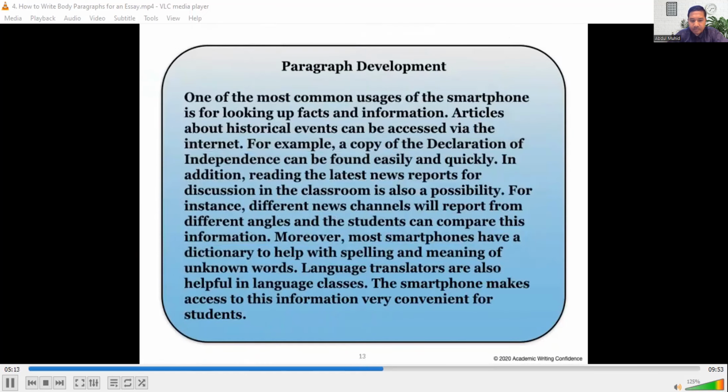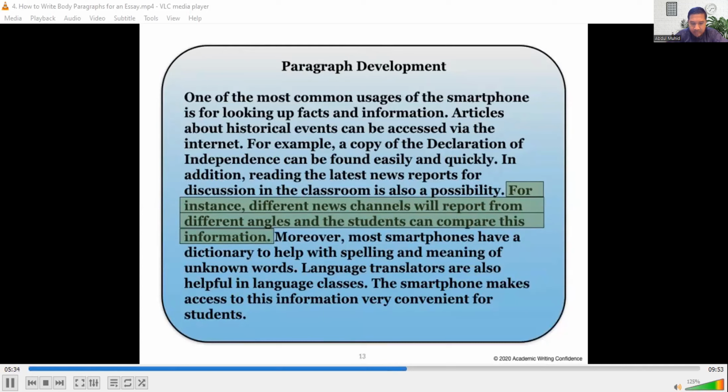Now, after writing this paragraph, you could continue to develop it further by adding more examples or explanations. Here's an example. We've added another example for the second detail. "For instance, different news channels will report from different angles, and the students can compare this information."